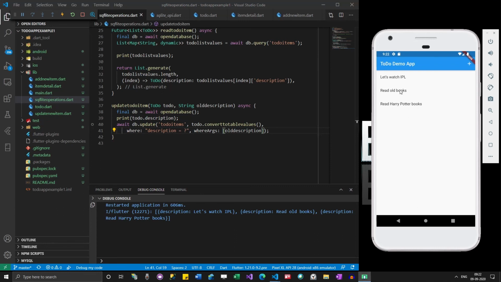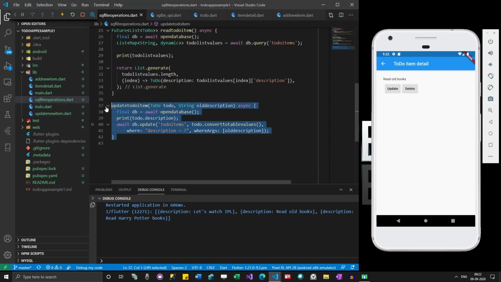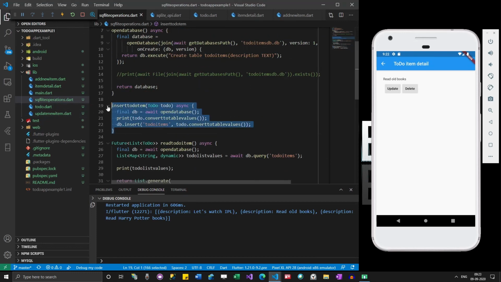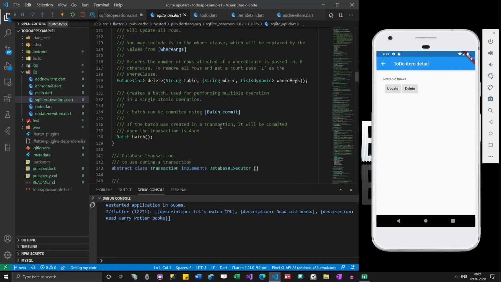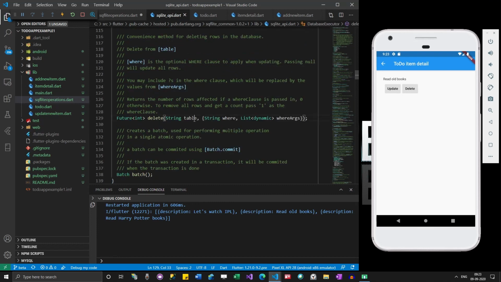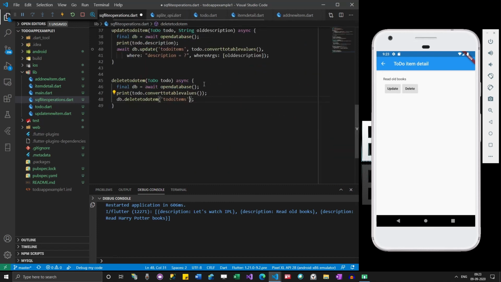Now let's implement delete as well. For delete, I just have to do almost the same thing. Delete to do item. I remove this, so let's see what delete needs here. Delete needs a table and a where with where args, something similar to this, so just copy paste from here.